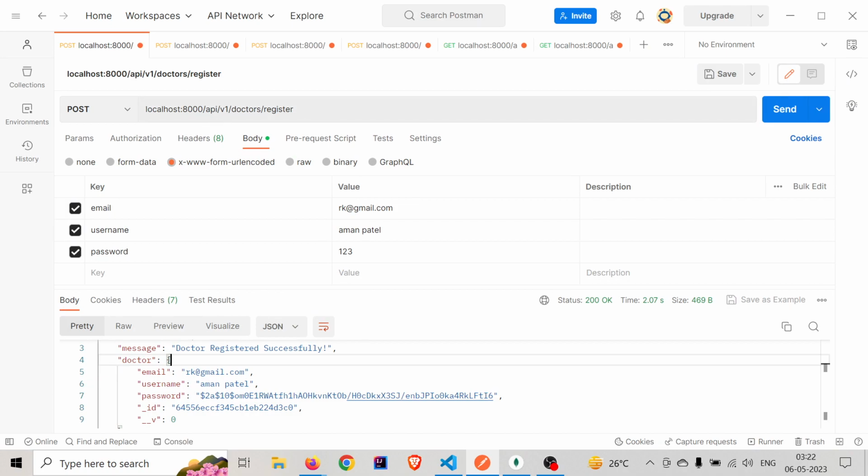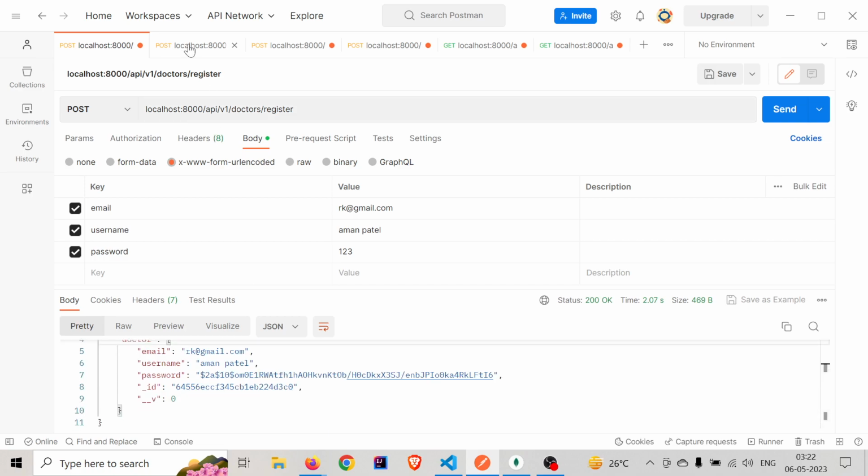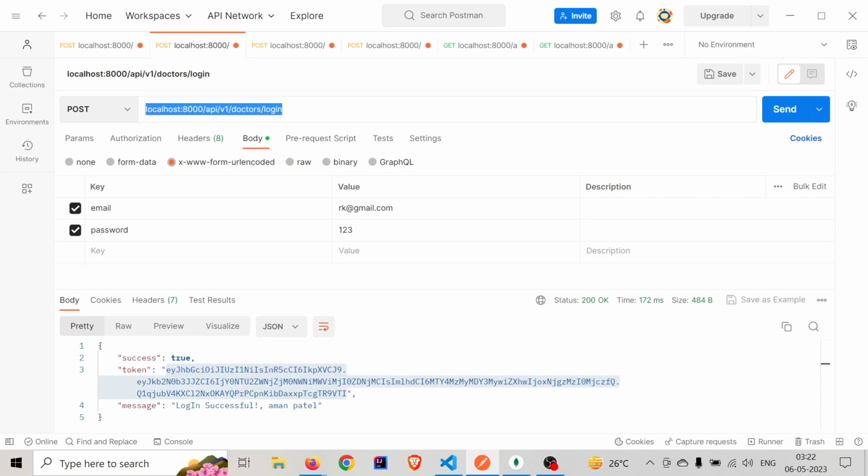This API is for registering the doctor. We provide three fields: email, username and password, and once we have registered, you can see the success true. Then there is this URL for logging in the doctor, and once the doctor logs in, we'll get this token.